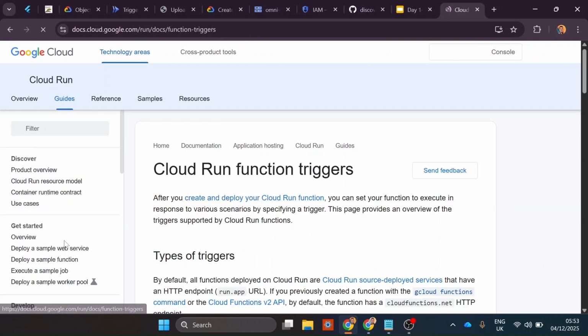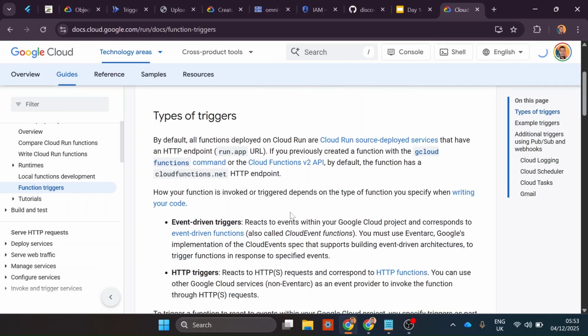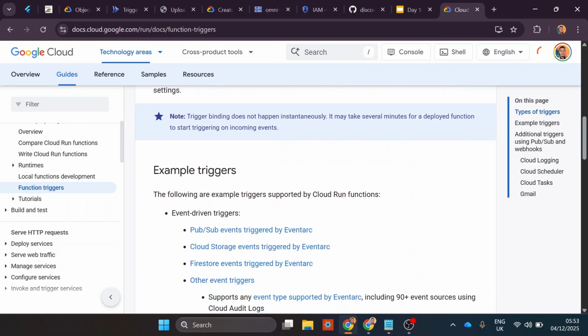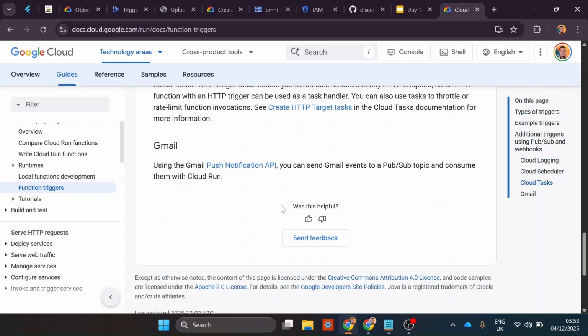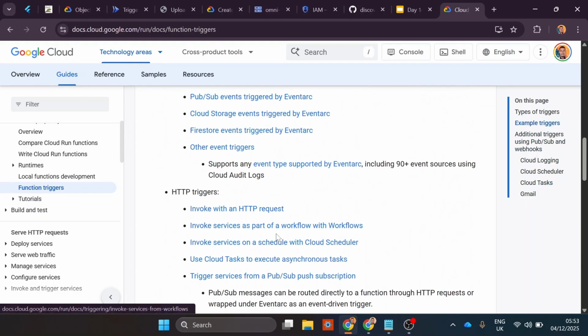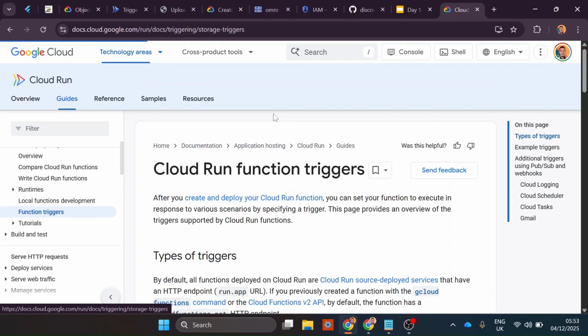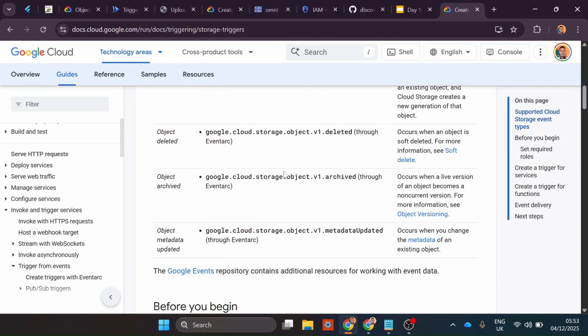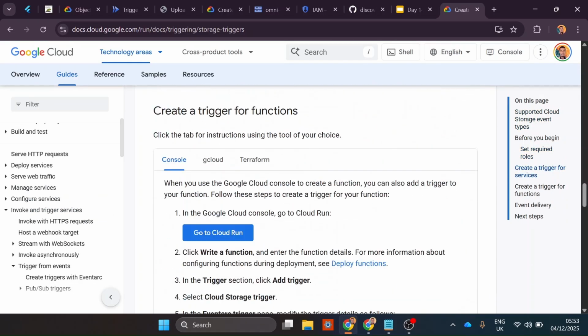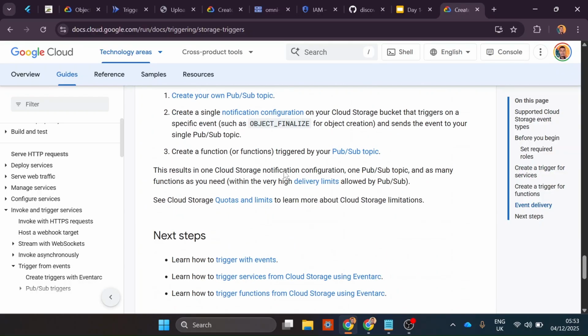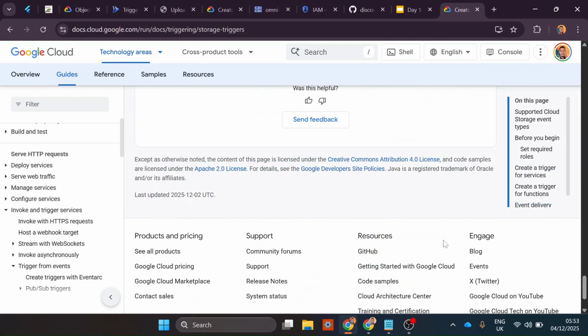So you can have function triggers, right? So you can have different function triggers, and you are able to listen to this event. I'm not sure if there's a simple example shown here. There's not a simple one, but if you are using the functions framework and you're using Cloud Function,